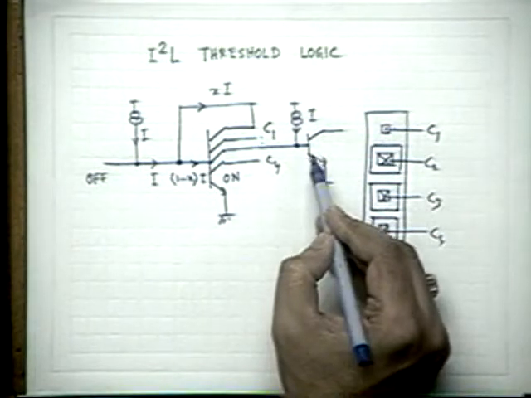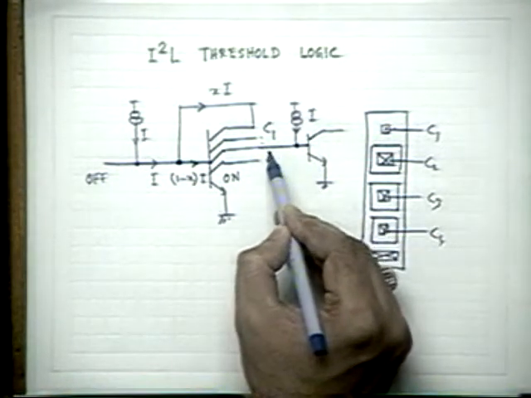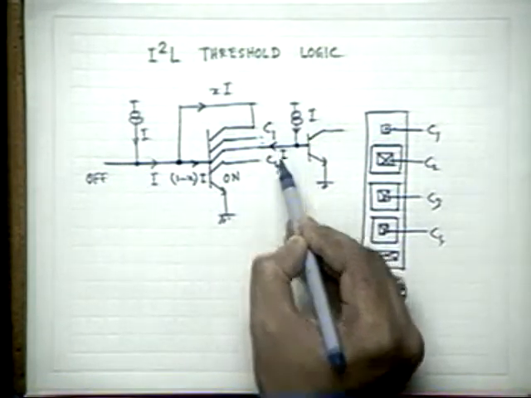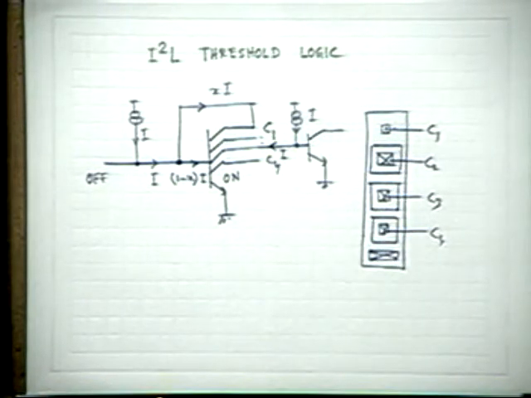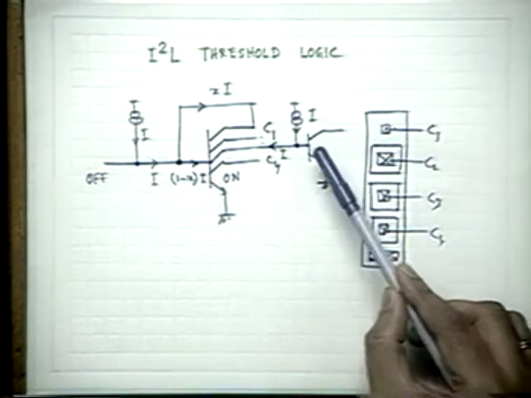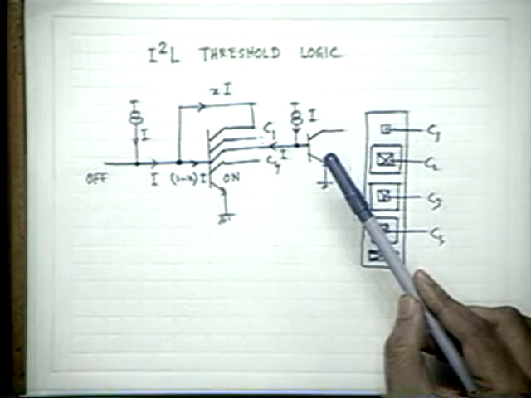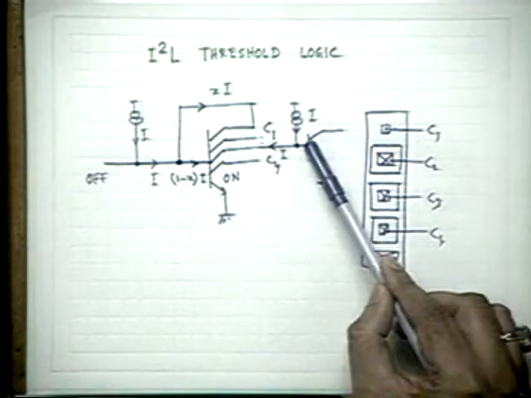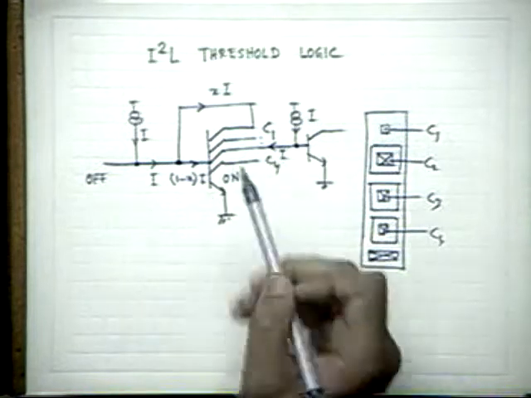And you remember that in that case, the whole I will be drawn into this path. You remember that? Because this transistor will be practically off. As soon as the voltage here falls reasonably below that 0.6 volt cut-in voltage, the current drawn by the base is negligible, and the whole current will go into the collector C3. This is nothing but our C3.